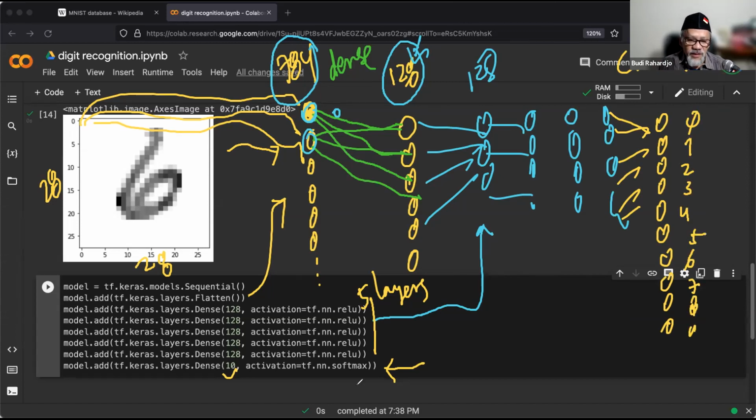The softmax will say only one of these will fire, or be 1, and the rest will be 0. So if I'm given the number 6, this neuron's output should be 1 or close to 1, maybe 0.998 or whatever.